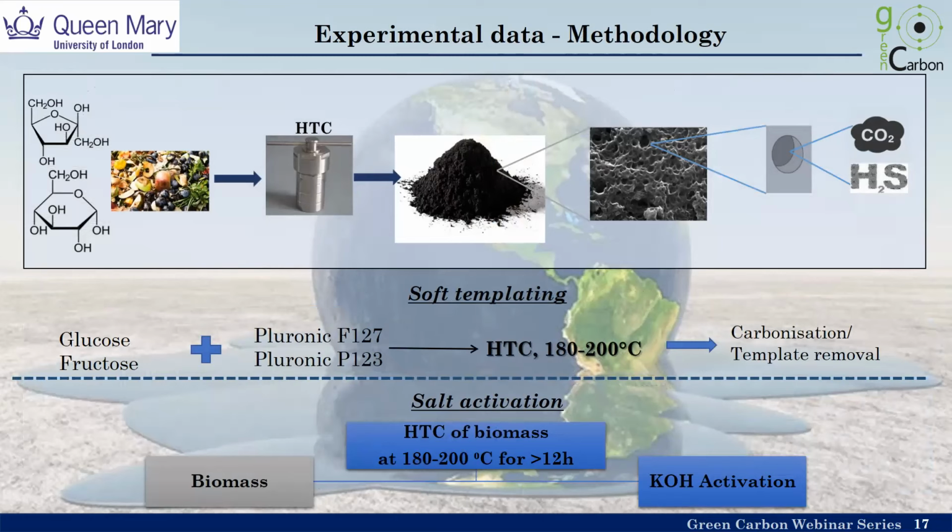So, concrete structures such as glucose and fructose. And we did a hydrothermal carbonization of those. First we employed the soft templating method because of the advantage of easiness in removal of the template. So basically what we did, we had glucose, water, and the template, and we did hydrothermal carbonization followed by template removal. And then of course we tested and we characterized the samples, and we saw their adsorptive properties towards CO2